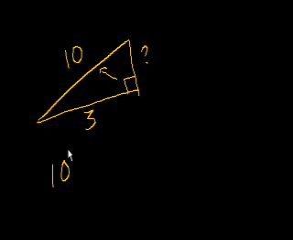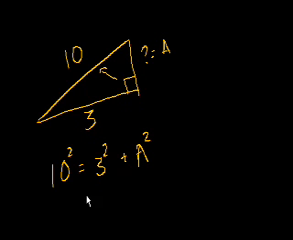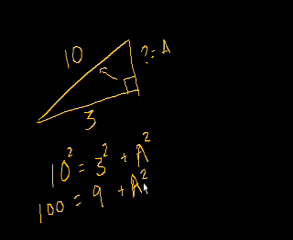Let's say that this is 10 and this is 3. What is this side? First, let's identify our hypotenuse. Well, we have our right angle here, so the side opposite the right angle is the hypotenuse, and it's also the longest side. So it's 10. So 10 squared is equal to the sum of the squares of the other two sides, is equal to 3 squared, and let's just call this a, pick it arbitrarily, plus a squared. Well, this is 100 is equal to 9 plus a squared,